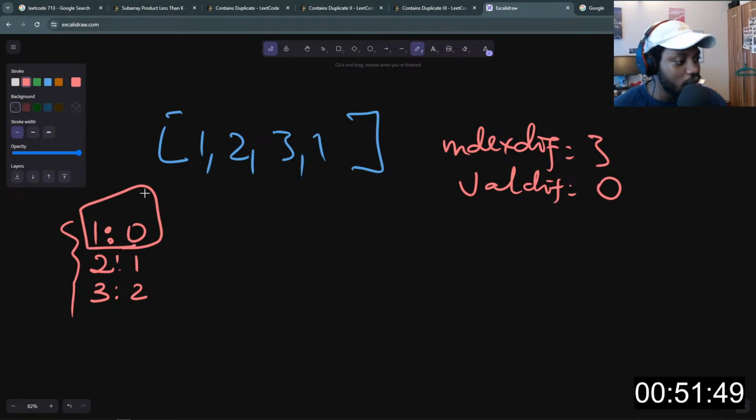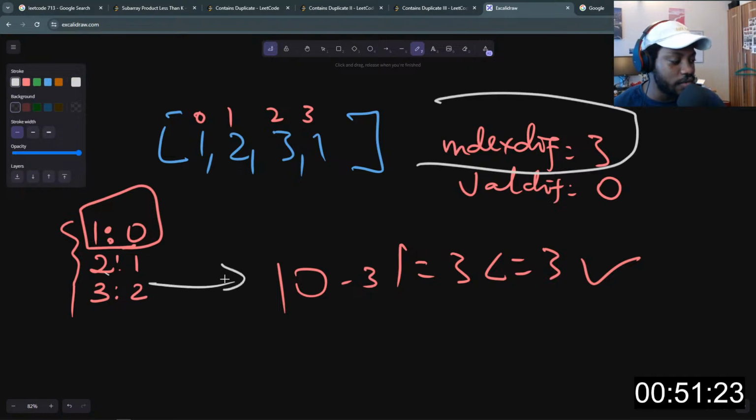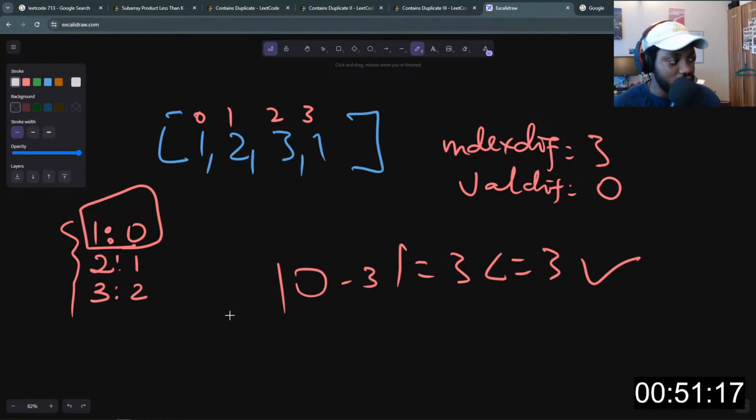So we'll take that index, which is 0, and the current index, which I'll call i. This will be equal to 3, because we start counting from 0, 1, 2, and then 3. So we'll do 0 minus 3. The absolute value of this will be equal to 3, and 3 is less than or equal to 3, which is true. So we'll find the index diff like this. With this method, we've already found out how we can get the index diff. Now, how do we get the value difference? So far we've done 2 out of 3 steps.